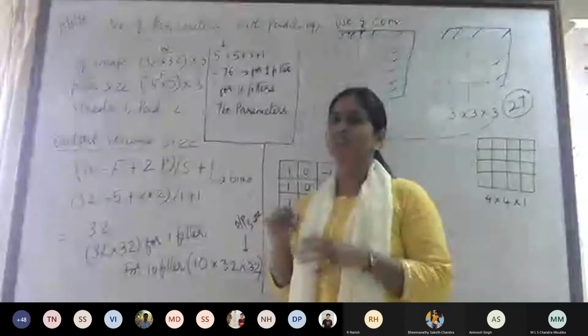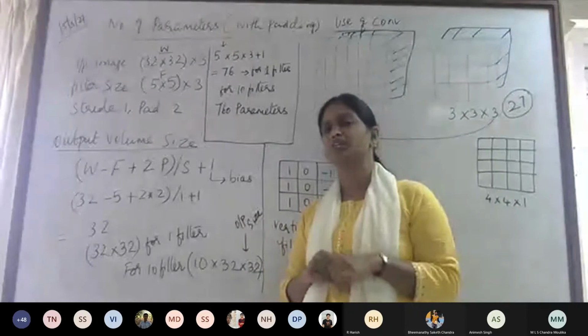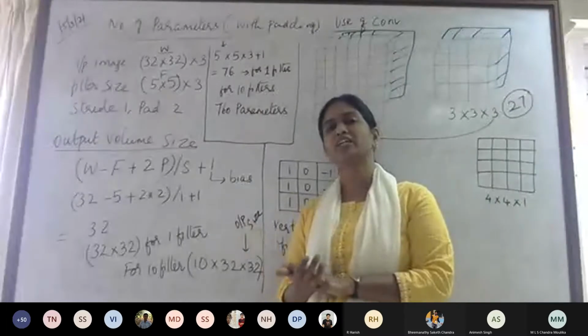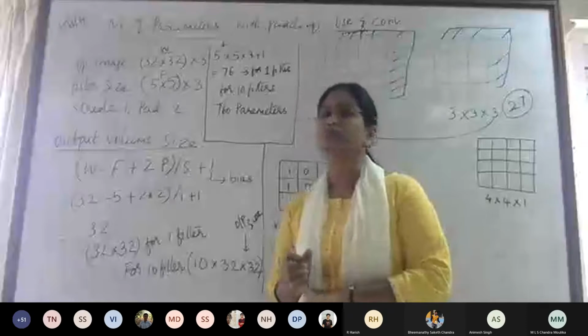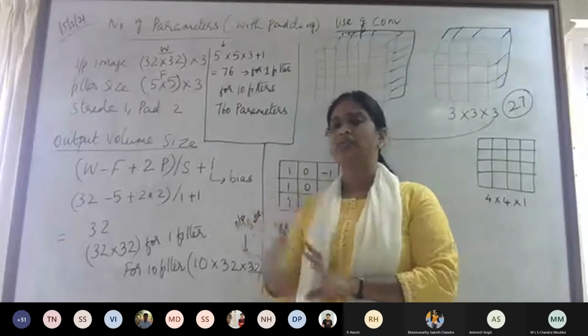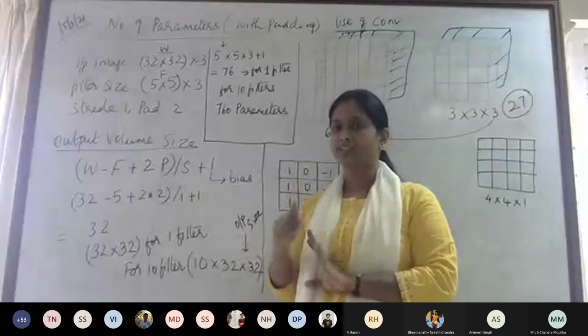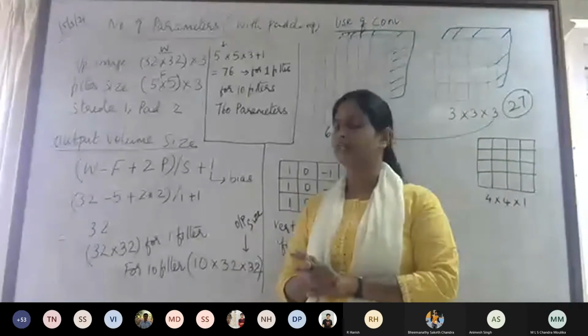So in the last week, we were discussing the size of the output image and how to perform the convolution of color channels. If your image has color channels, how the convolution operation will take place, we were discussing, and suddenly something happened and I could not complete that. So I will continue that and then we'll move on to the next part of the deep learning concept.